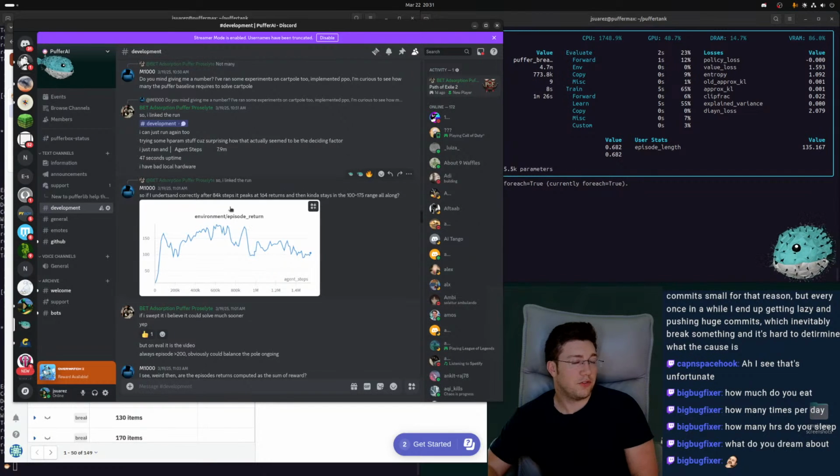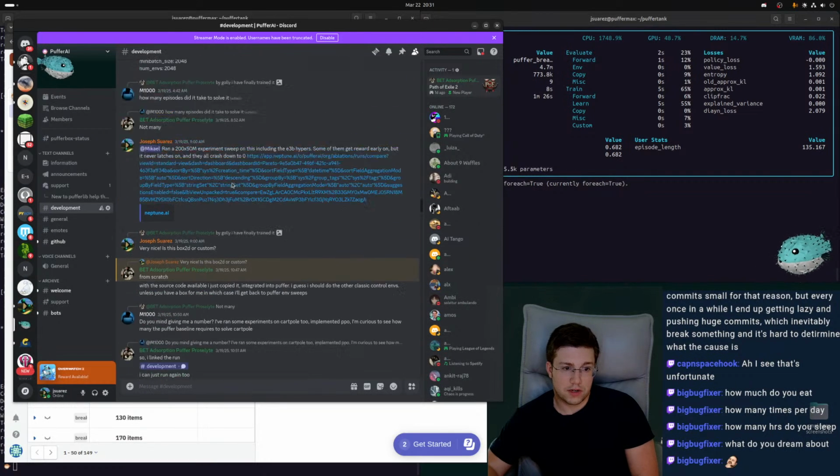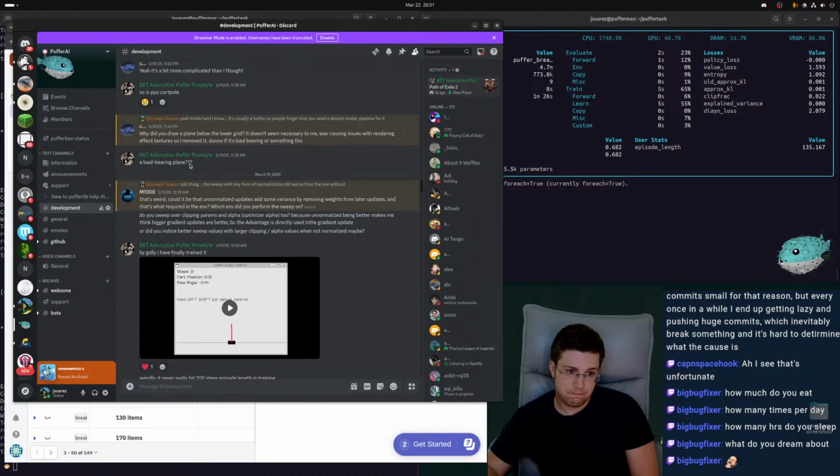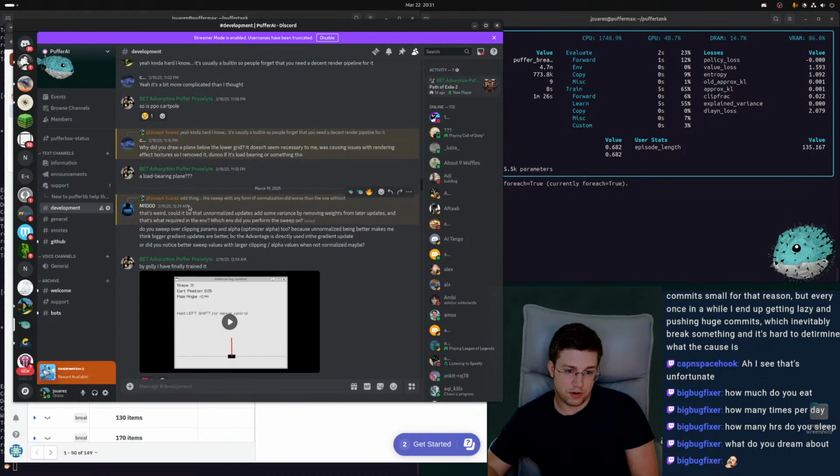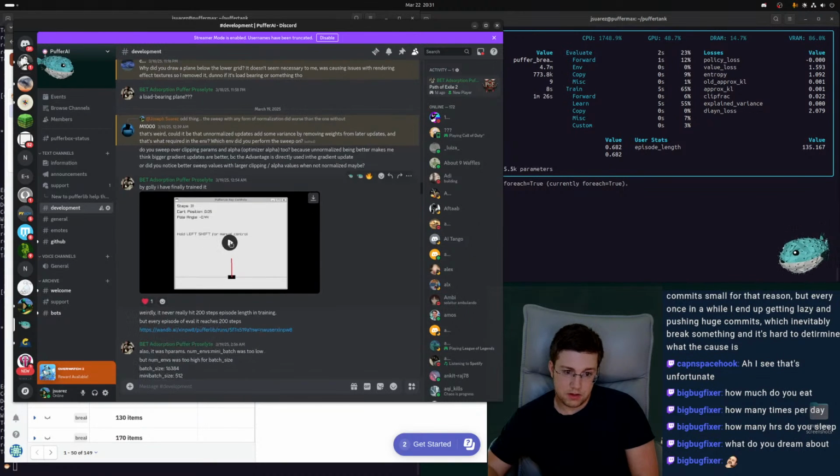Anybody have anything else that they want looked at the moment? I'm just going through contributor stuff here. This is nice that Bet did this. Just having like our own fast version of Cartpole that doesn't have other dependencies as like a test demo. This is really nice. Good job, Bet.